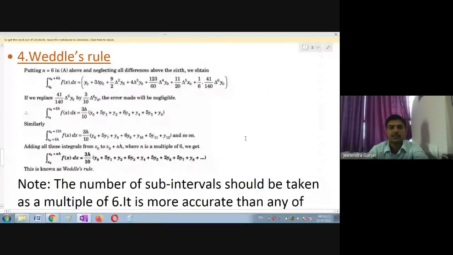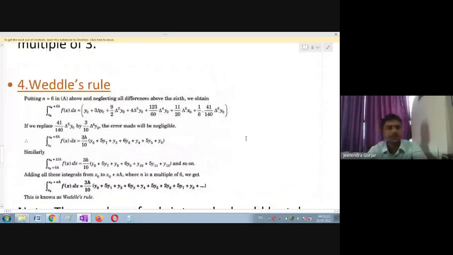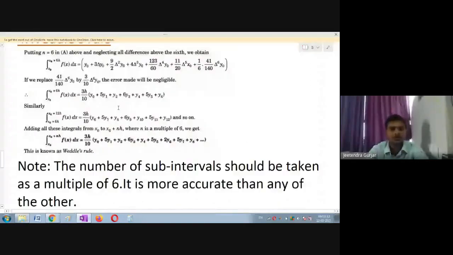So here, putting n is equal to 6, students. Now what I'm going to do, in the first case, I will take 6 strips and I will calculate the area. Next step, I will take again 6 strips and I will calculate the area and add it to the first 6. So it is going to become 12. Next, it will become 18. Next, it is going to become 24. This is just a rule for different strips. So if you continue this process, you will get